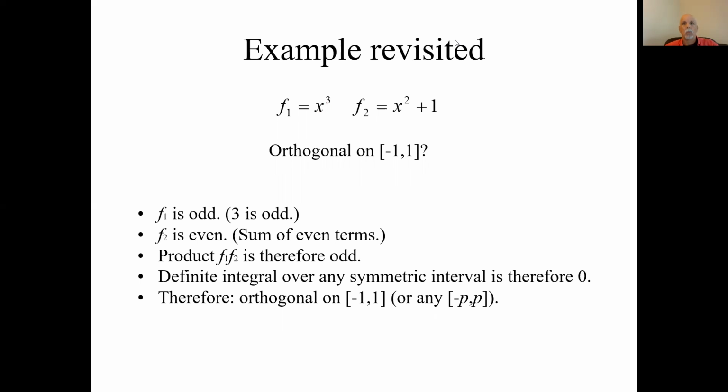So we'll do more next time. We'll get into the trigonometric Fourier